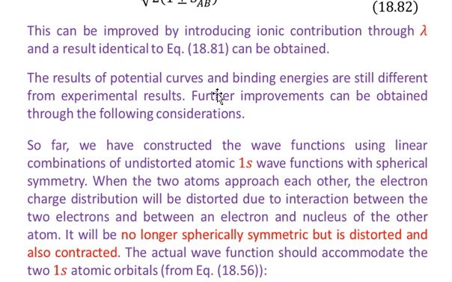The results of potential curves and binding energies are still different from experimental results. Further improvements can be obtained through the following considerations. You see that we have found that the binding energies in the improved method that we have discussed earlier, due to the molecular orbital LCAO approximation and the Heitler-London approximation, are much closer to the experimental